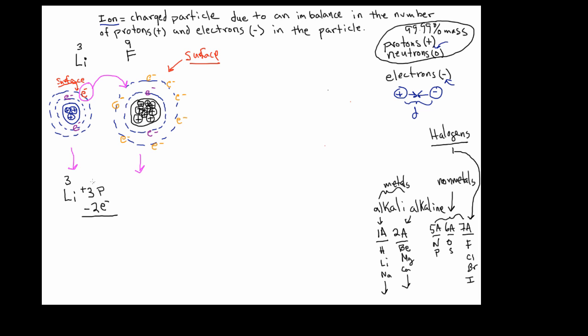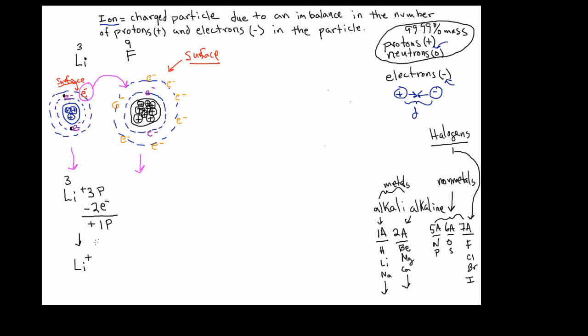Now when we do the simple addition here, you can see that it ends up with a charge of 1 additional proton. We haven't added a proton here. What I mean to say is that we have basically neutralized 2 of the protonic charges in the nucleus because we still have these 2 electrons, the electron here and the electron here, which were on the inner shell. That leaves 1 proton now, which is a charge of +1 beyond the amount of electrons that are available to neutralize that charge. So we say that the lithium now has been ionized